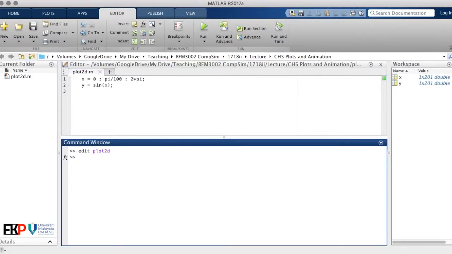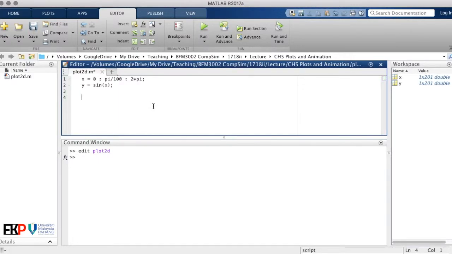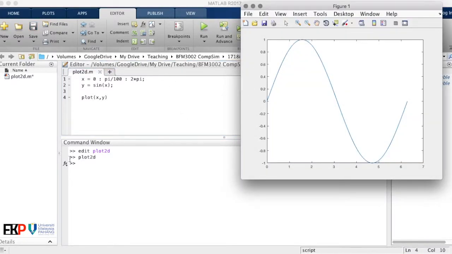So to plot the graph, the command that we need to type in is plot x, y. So when we hit run, this will plot a graph of x against y. So the value of x is from 0 until 2 pi, and the value of y is basically the sine